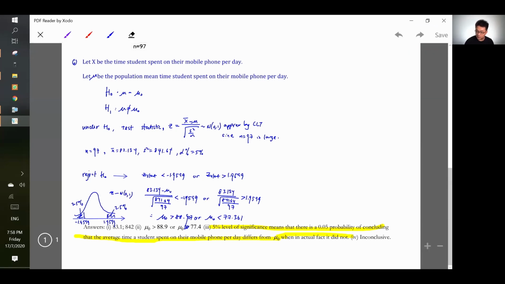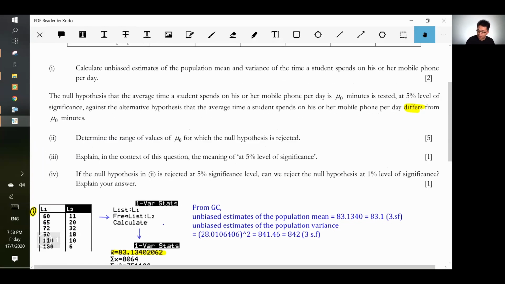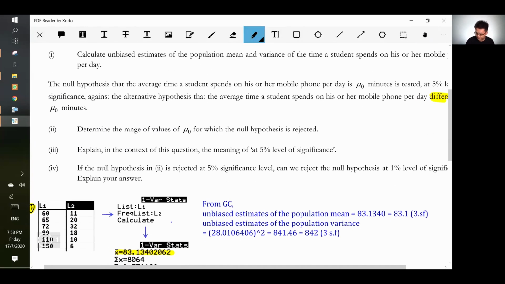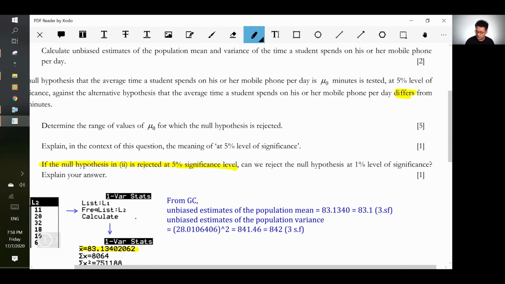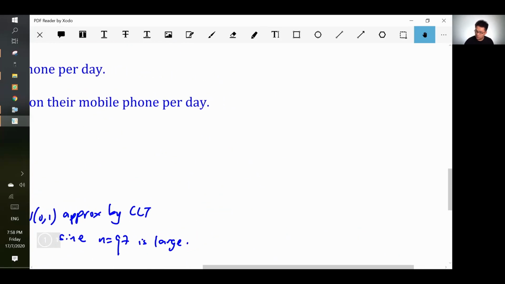So follow me very, very closely. If the null hypothesis in 2 is rejected at 5%, can we reject the null hypothesis at the 1% level of significance? Explain why. So let me explain to you. If it's rejected at 5%,